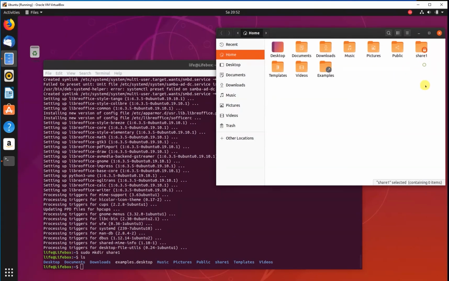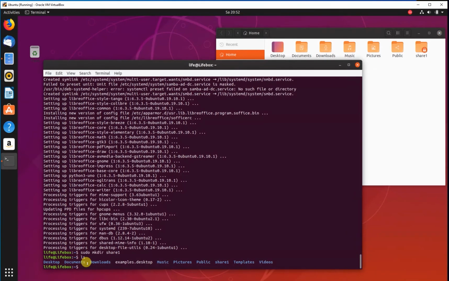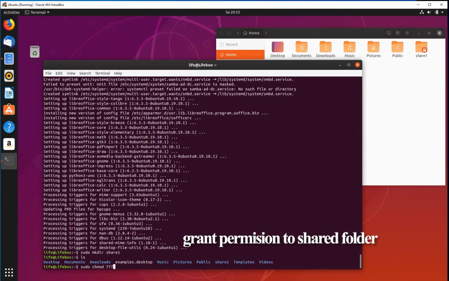Share one. Look, the share one is there and it is locked. So I want to unlock it. It means that I want to give it permission to be read and written by other users. So we write sudo chmod 777 home,